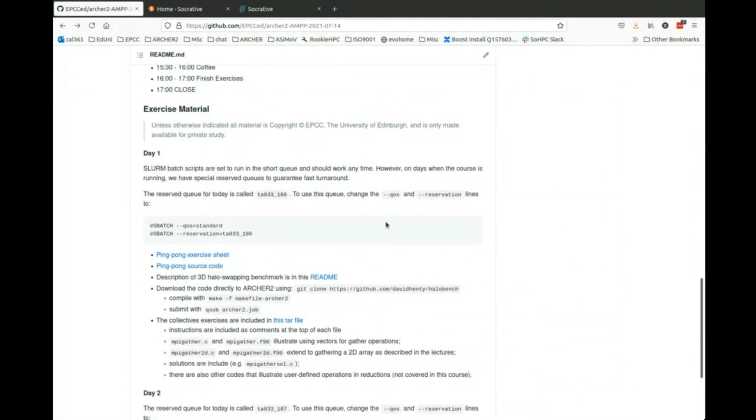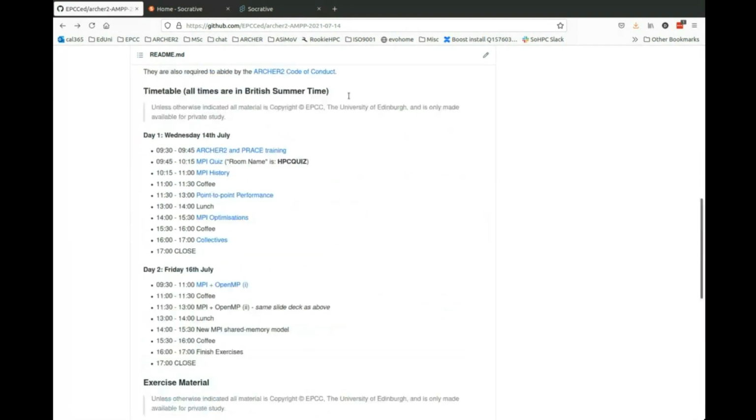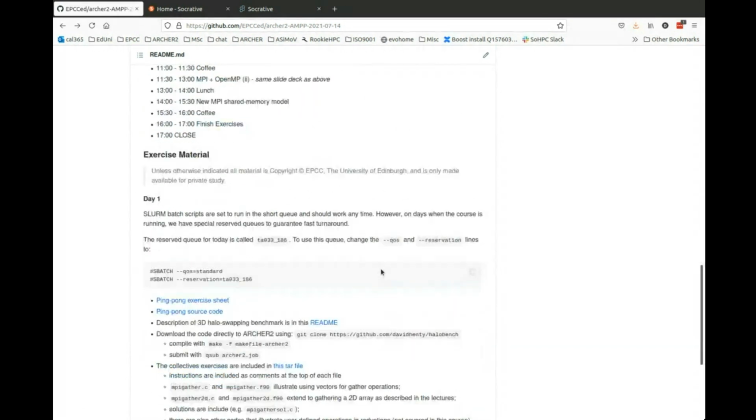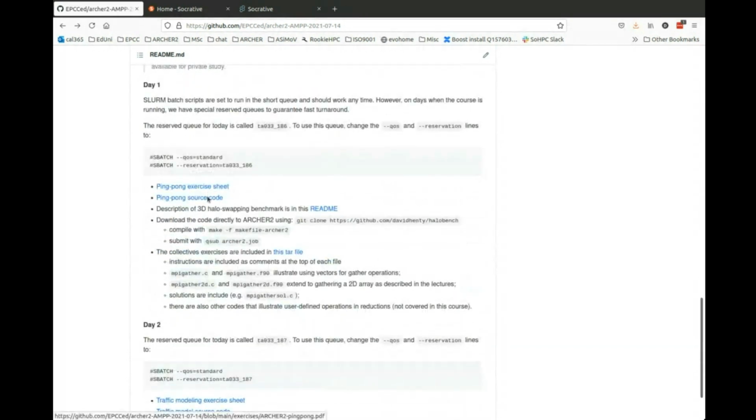It's quite a short exercise sheet, but hopefully illustrates a lot. There's the source code. What I would recommend is to get the code onto ARCHER2. You could git clone this entire repo, which would give you all the slides and everything. But I would recommend copying that link, and then on ARCHER2,